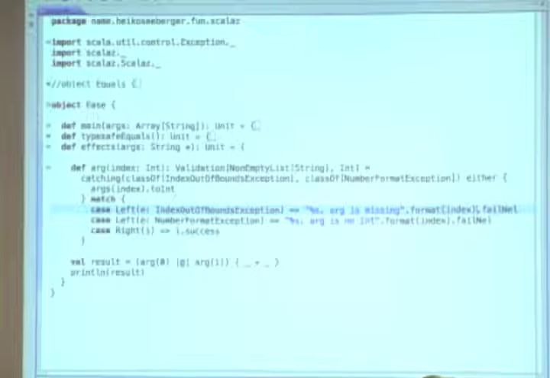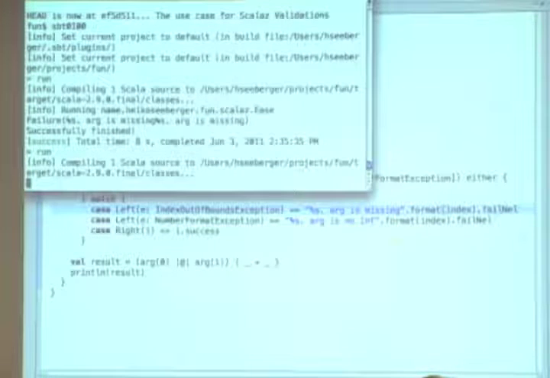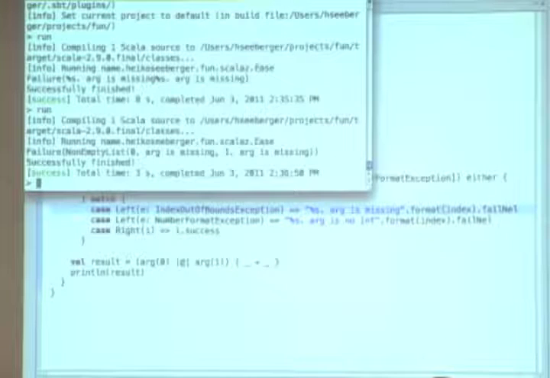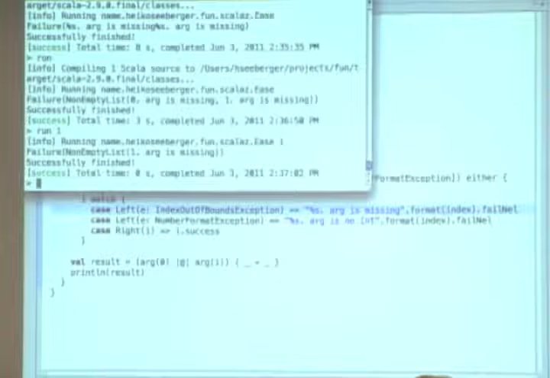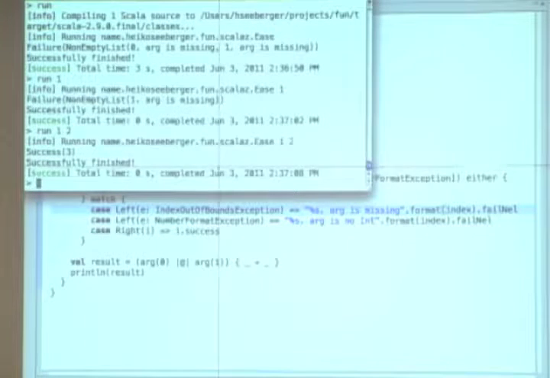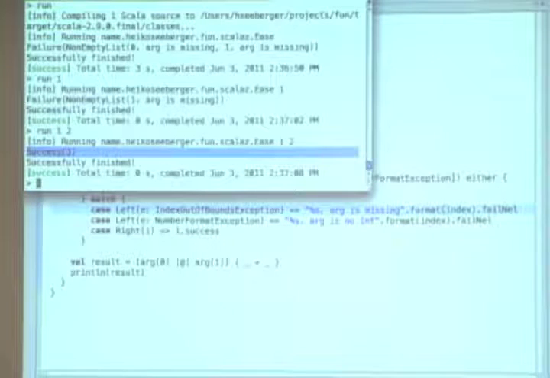Okay. If we run it now, you see that we get back a failure of a non-empty list with two error messages. If we run it again and apply only one argument instead of 0, we have only one error message, and of course now we get back a success.